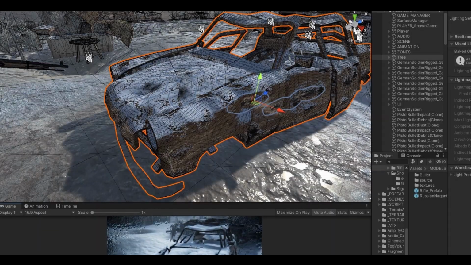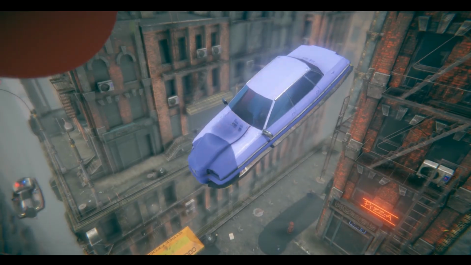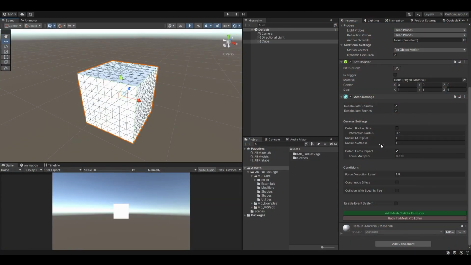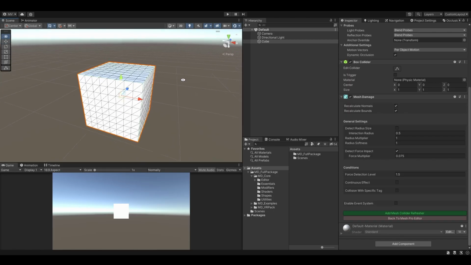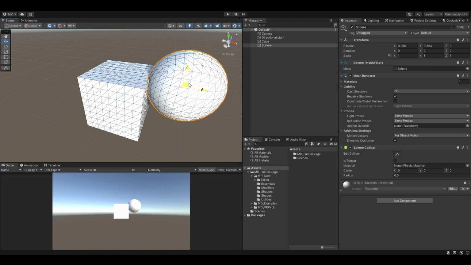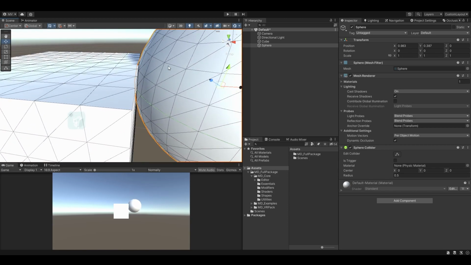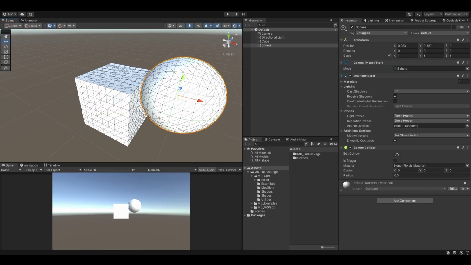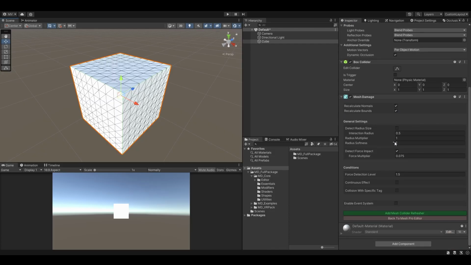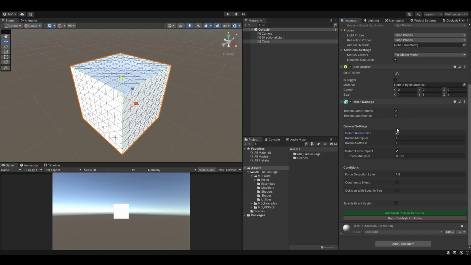Mesh damage is another very useful modifier that allows you to deform or just literally damage any mesh. There are many options that allow you to set the proper mesh damage in more detail. If the mesh receives an impact, a radius is created. The radius has to have some value of the radius impact, so we know which vertices have been affected. You can disable this option to type your own value, which will be a constant, but for dynamic radius impacts, you can detect the radius size automatically, which basically corresponds to the